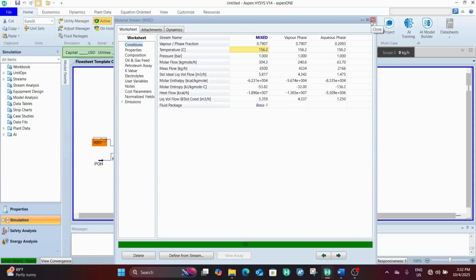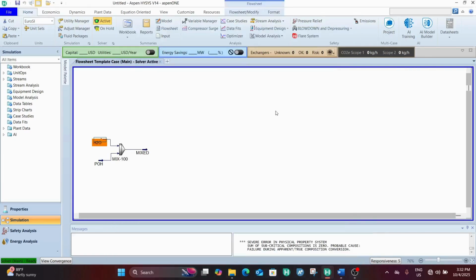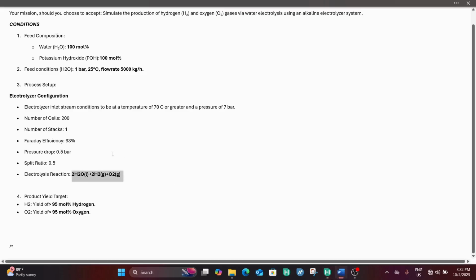So it's similar to that chemically. Talking about the chemical reaction, that's why we have an increment in our heat from 25 Celsius to 156.2 Celsius. Now, remember from our design conditions,